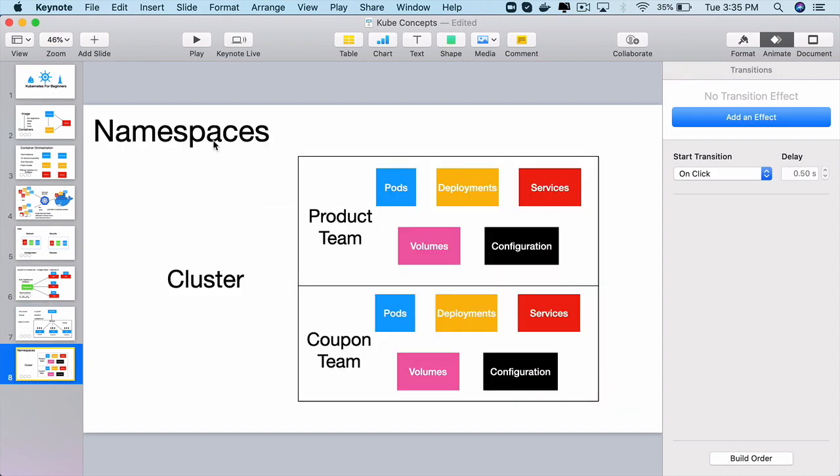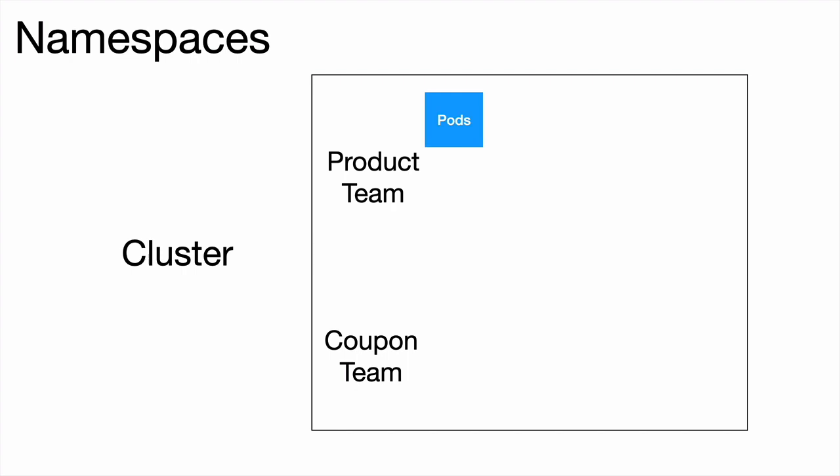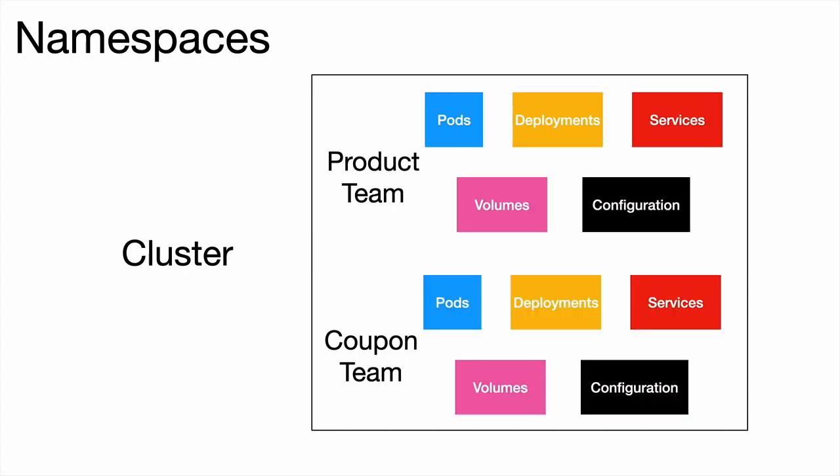Last and one more very important object is namespaces. A namespace, if you are a Java developer, it's just like a package. If you are a .NET developer, it is a namespace. If you are a Node developer, there are packages and modules for you. So when there are multiple applications within an organization that are using the Kubernetes cluster, we don't want these applications to use each other's spaces, or we don't want these teams to step on each other's toes. That is where namespaces come in.